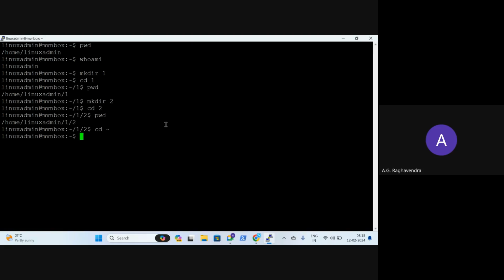I'm in my home directory. How do you know? Because before my dollar prompt, I just see a tilde symbol indicating my home directory. That is how you can understand which user you are connected as and which directory you are in. Both are extremely important.